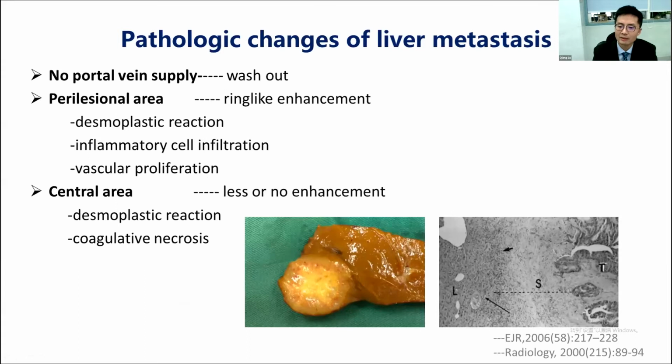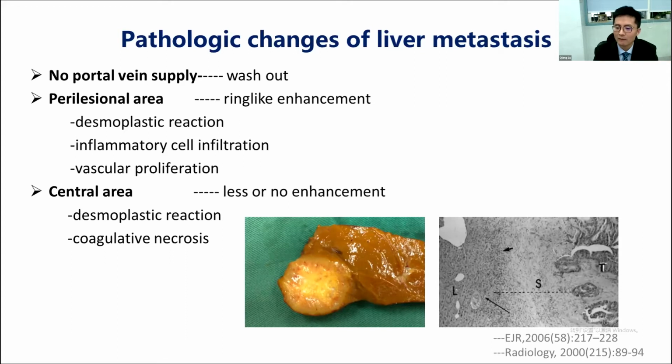To better understand the contrast-enhanced ultrasound features of liver metastasis, let's review the main pathologic changes. First of all, the liver metastasis is supplied by the hepatic artery with absence of portal vein supply. That is the reason for the washout in the portal venous phase, and in some cases, very early washout. Second,